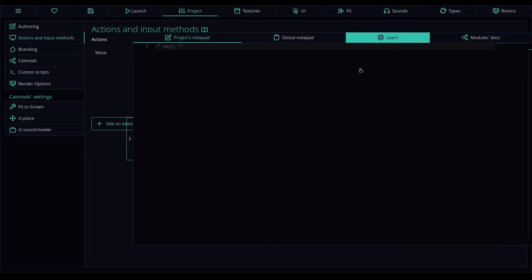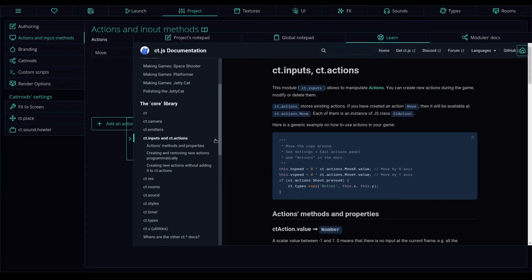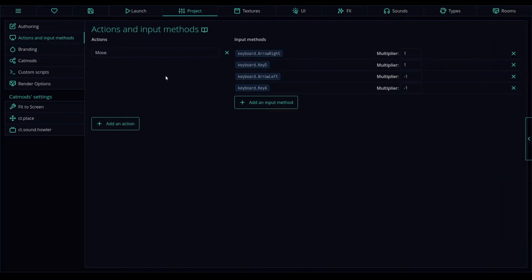Later under the code, if we come over here to input and actions, you can see that we can use ct.actions.move x or y or whatever plus the value, and you can use this in code. So we can later pull these values in code every time the player hits any of these keys with these values, and then we can make it move left or right with these values. We're going to do that in a little bit, but first we need to add another action